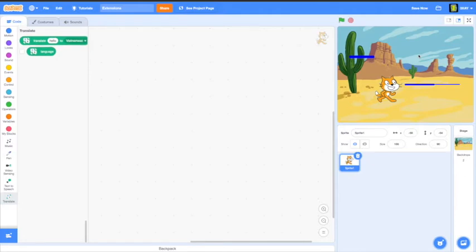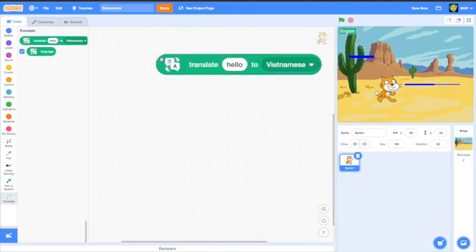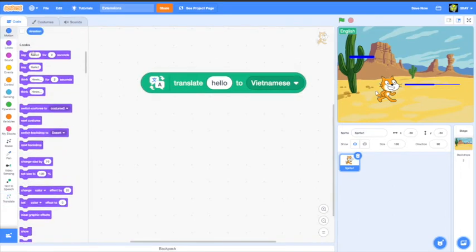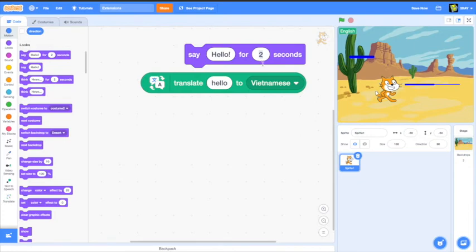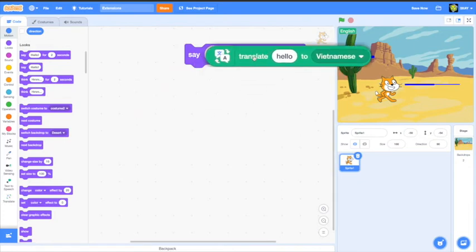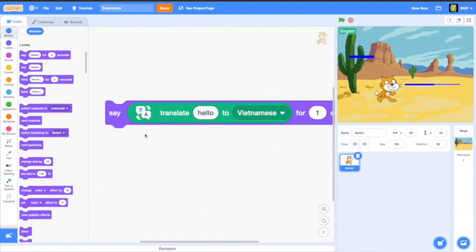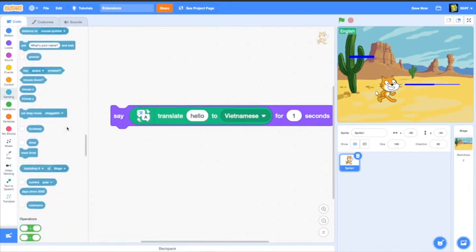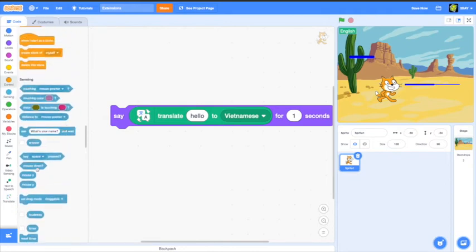This is basically using Google Translate. So you can have the language, and you can translate hello to Vietnamese. That's what it gives as the value. And if you want, let's say hello for 1 second. Put that in there, so then it translates. You can actually do a little fun experiment. So what you can do is